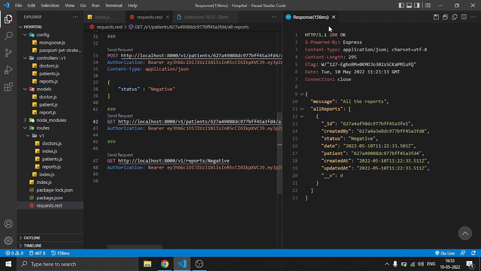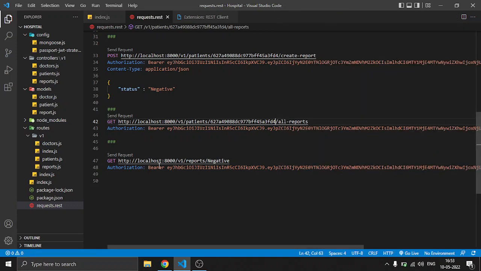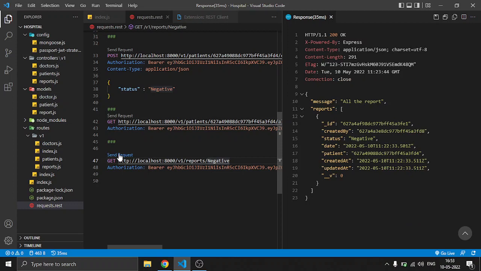And this route gives me all the reports which have a status negative. So if I send the request, ideally it will give me that report only, as we have created only one report which has a status negative. So here it is. If I change the status,